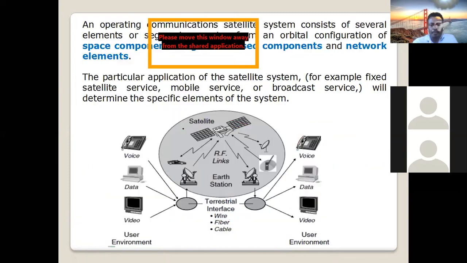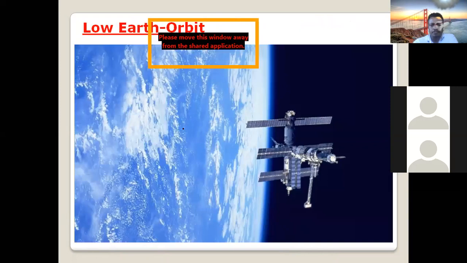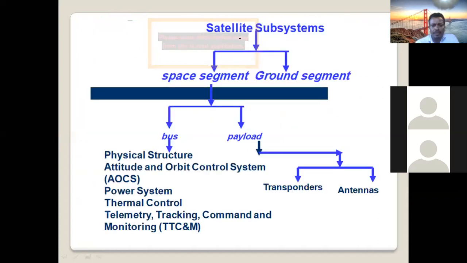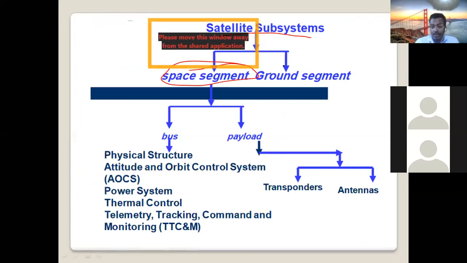So here, the satellite components, generally we categorize into 2. First one is the space segment, and the second one is the ground segment. We classify these components into these. Our chapter is components of satellite communication system. As I said,